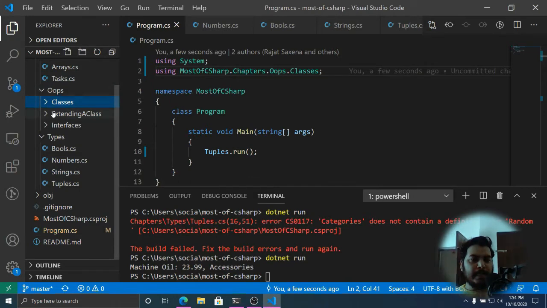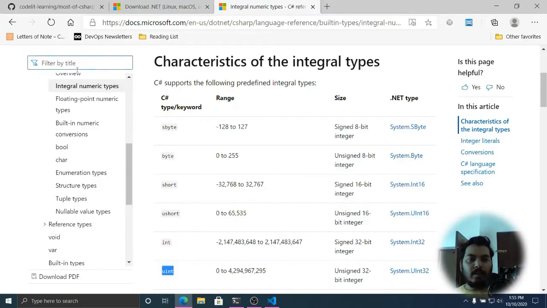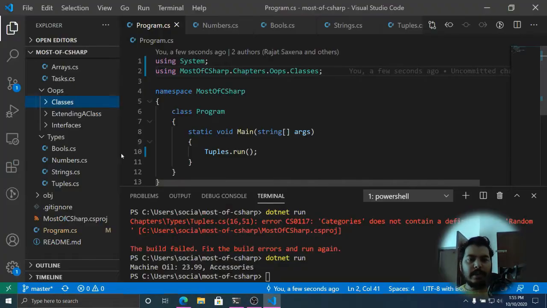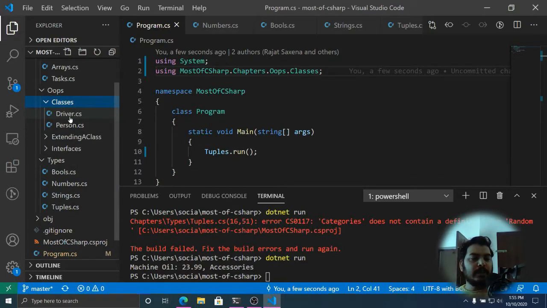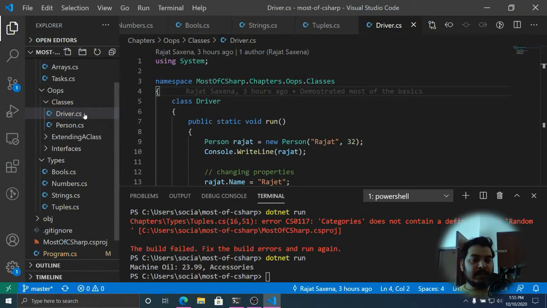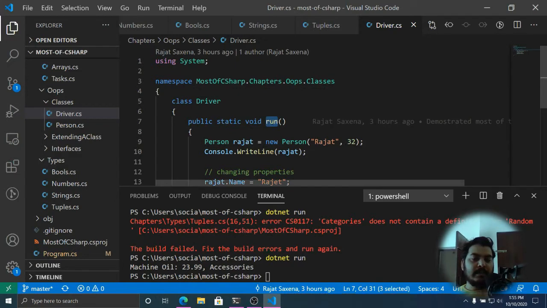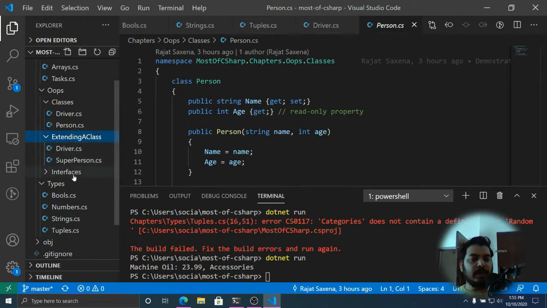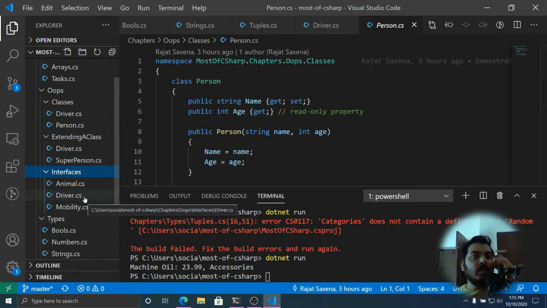Now the arrangement of programs in this folder is different, as I have already demonstrated. In this folder you have to locate the driver class which has this particular run method. These folders are going to have some other classes as well, but those classes are not runnable.